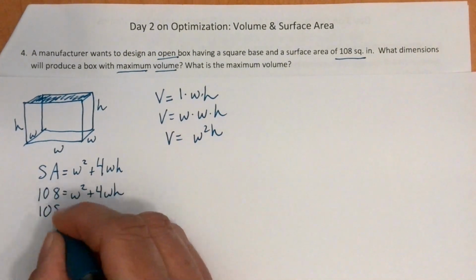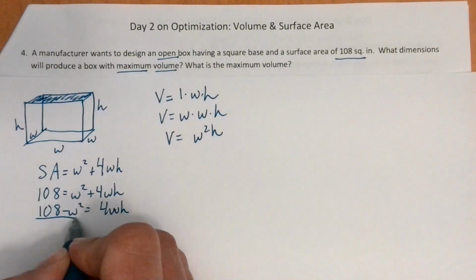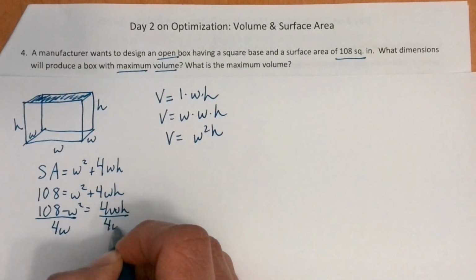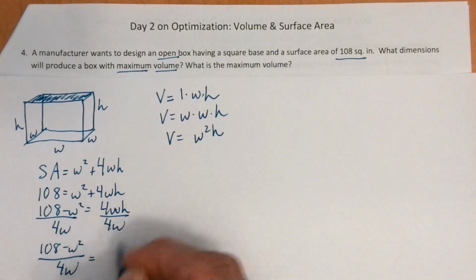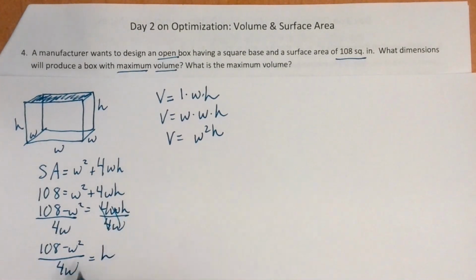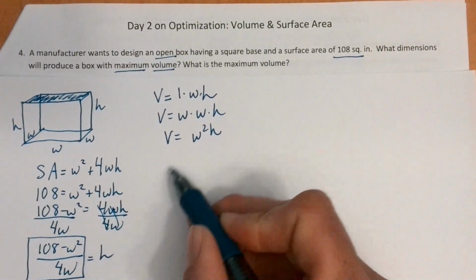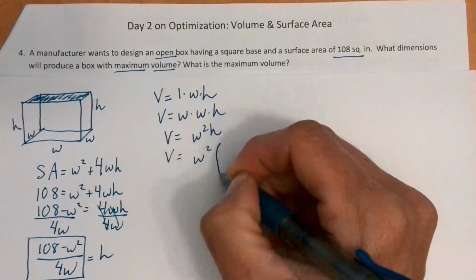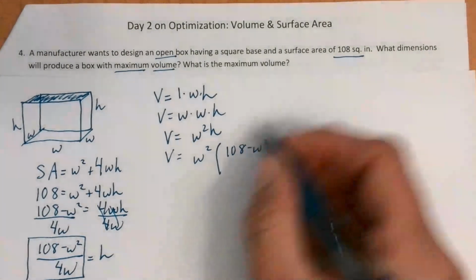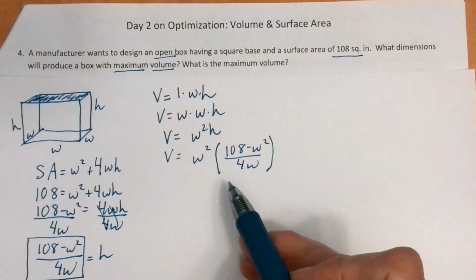I'm going to subtract my W squared and then divide both sides by 4H. I'm sorry, by 4W. So that leaves me with 108 minus W squared over 4W, and that is equal to H. This expression down here is now an equivalent expression to H. So I am going to substitute it in place of H in my volume formula. So that is W squared times 108 minus W squared all over 4W. And what I've now done is write volume in terms of just one letter,